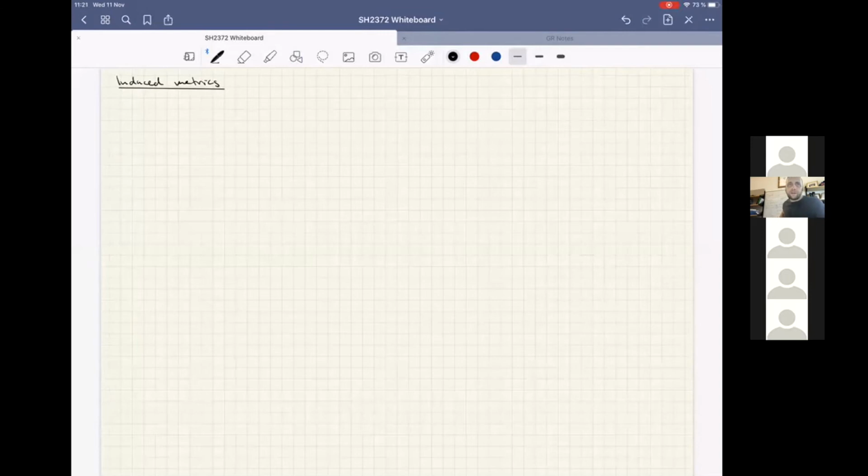So given now that we have discussed metrics and maps that take tensors from one manifold to the other, assuming that we have some map between them, let's discuss now